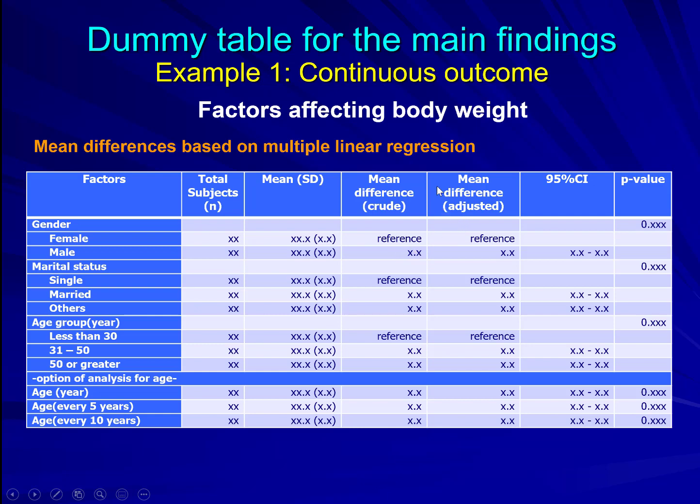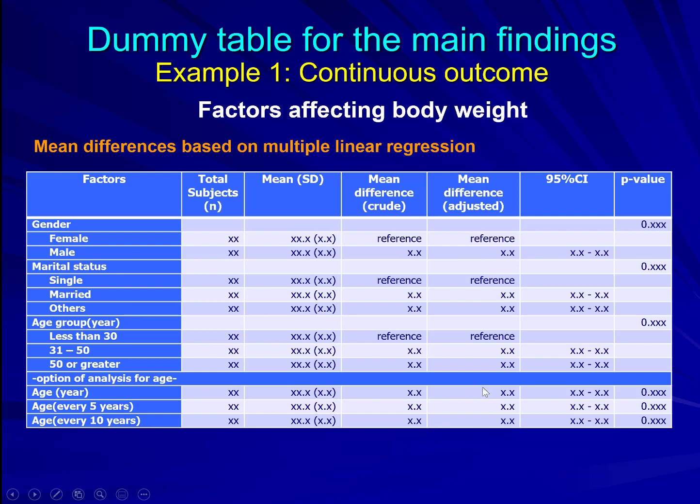Okay, so now this is from the simple linear regressions. I mean, from the bivariate analysis, where in the model we have only one factor, one independent variable in the model. The next column here is the adjusted mean difference from the multivariable analysis. That means this column will need to be transcribed from the output of the model containing all variables here. So that is multivariable analysis, or multiple linear regression. So that means it's adjusted for other factors in the table,